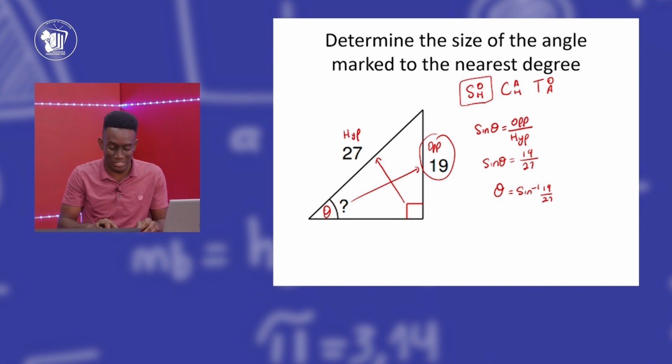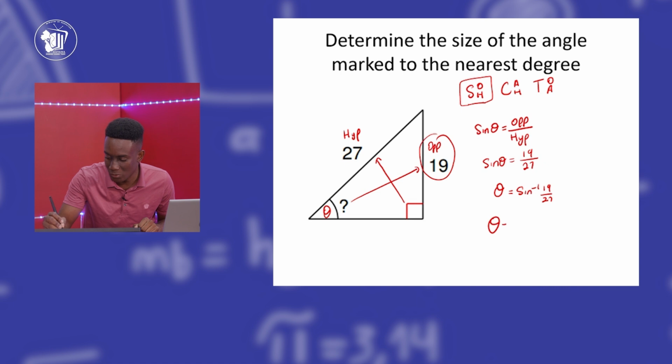And you should get the same answers, and you will, not should, you will get the same answers I will get. So we can say sine inverse. So to find theta, we need to press the second function sine, and then 19 over 27, and we press equal, and we will get an answer of theta being equal to